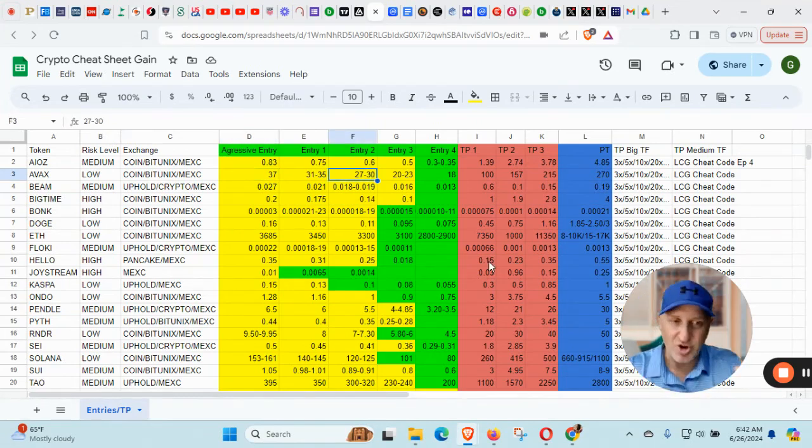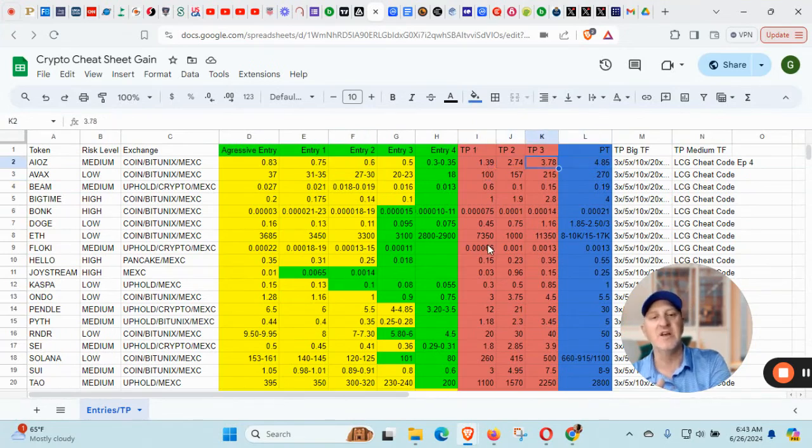This is just a guide for you, but you would make your own chart of the coins and I would encourage everybody to do this. Get an Excel spreadsheet, put the coins in there, put what your entries are going to be, put how much you're going to spend, and then set those buy entries up in the exchange you use, and then set your sell entries in here as well.